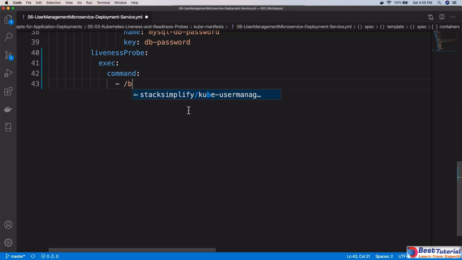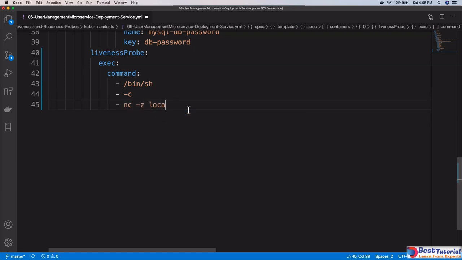One is /bin/sh, which is going to be -c, right? -c, and next is nc -z localhost 8095, right? And another thing which we need to implement under liveness probe is, okay, so there will be exec,